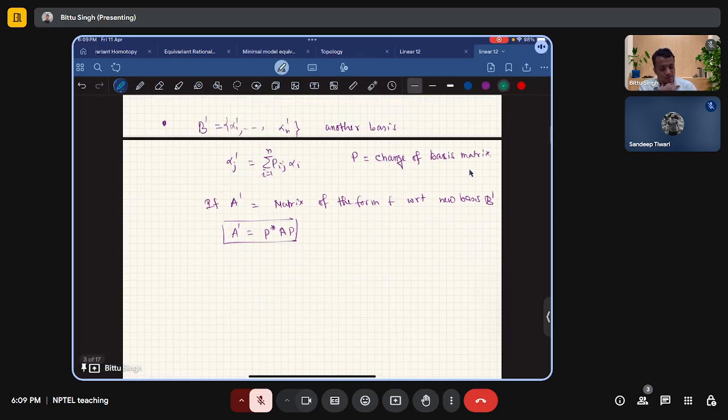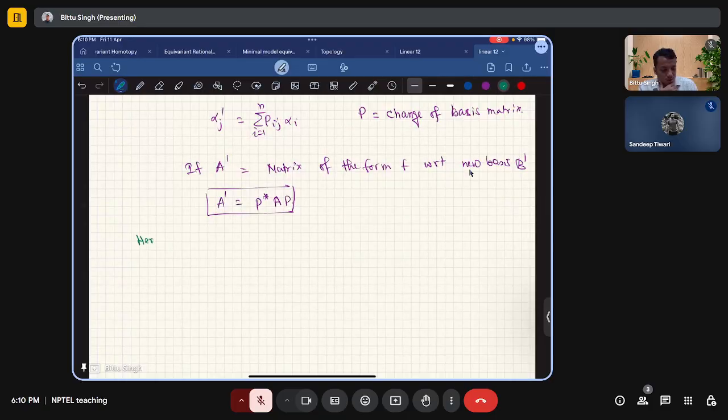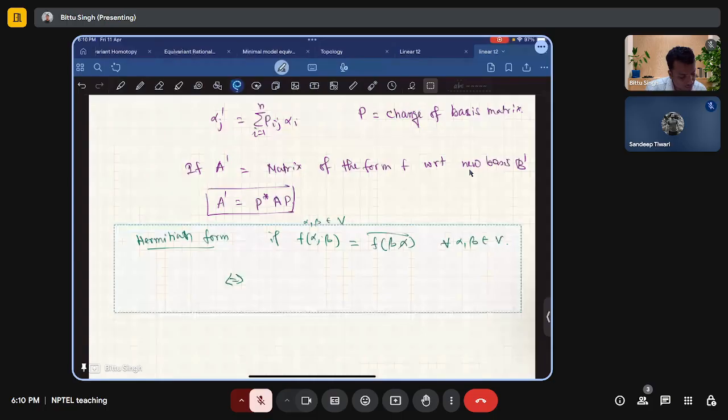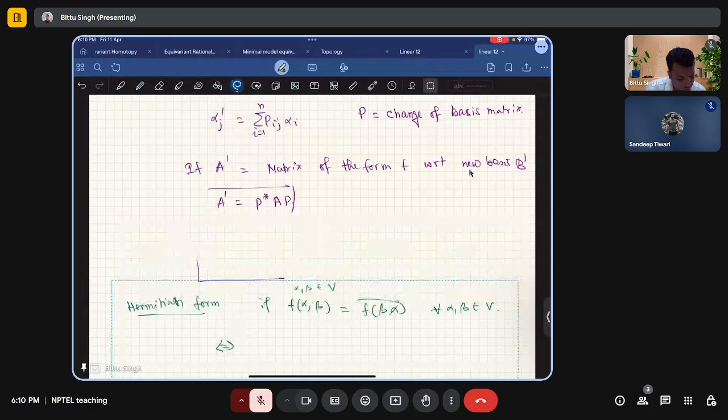And some definitions are like this. Something is called a Hermitian form if f of alpha comma beta, again two vectors alpha, beta from V, where V is the given inner product space, is the same as f of beta comma alpha conjugate, for all alpha, beta belonging to V. And this is equivalent to another thing I should write, that is